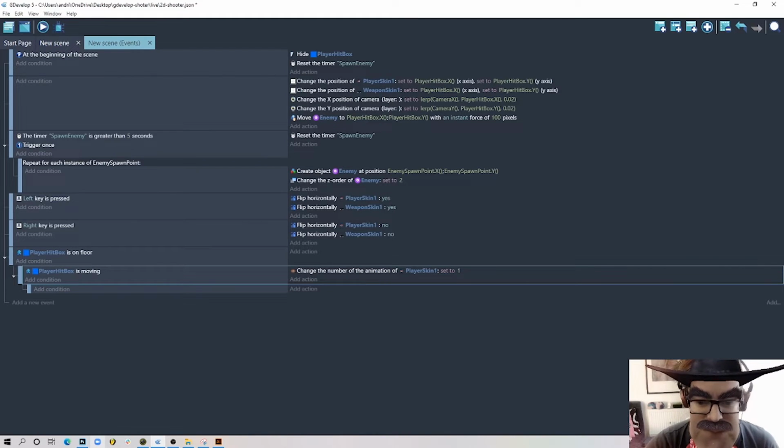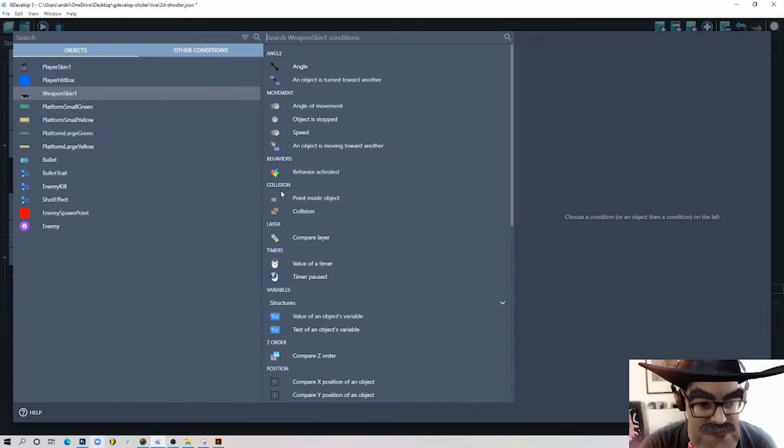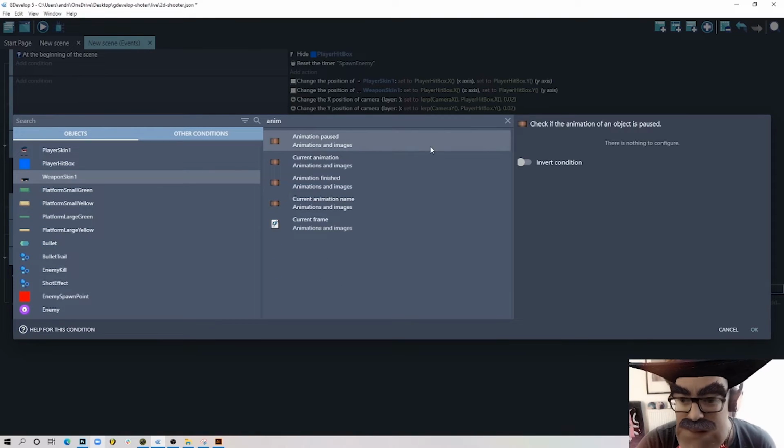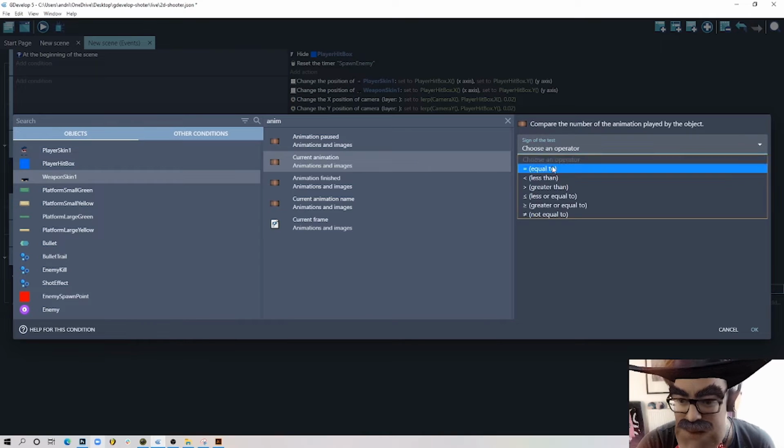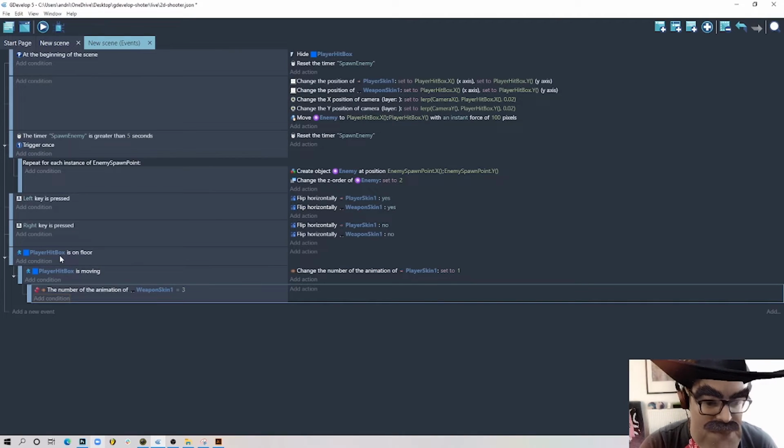So we need to predict all of those situations and make a bunch of subconditions to support that. So the first one, I'm gonna check if my weapon skin 1 animation, current animation equals to 3, and the animation number 3 is actually the shooting animation, and I invert. So what I did here is I'm checking if it's on the floor and it's moving, so meaning it's walking, but it's not playing the shooting animation,